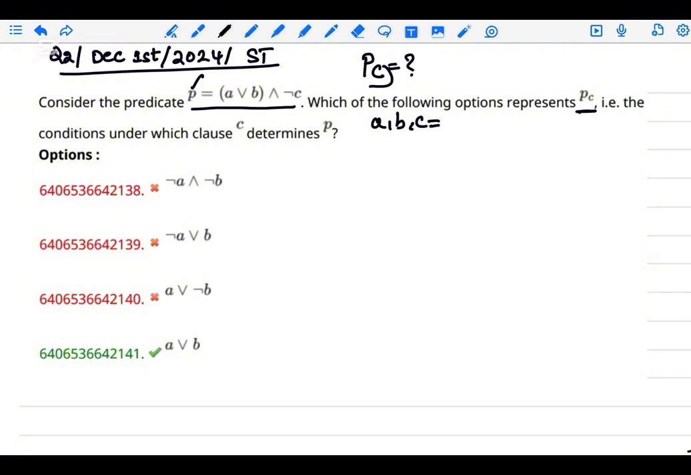A, B, C are the clauses which do not contain any logical operators, that is AND, OR, NOT, implies. They are asking for PC, the major clause C. So they are asking what a clause is. A, B, C are the clauses. P is the predicate, a logical expression in terms of logical operators. In the question, the clause C